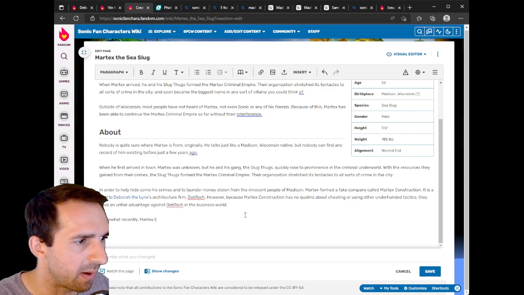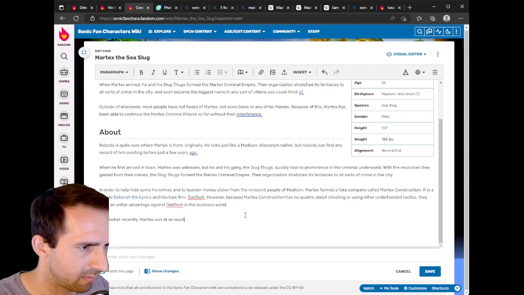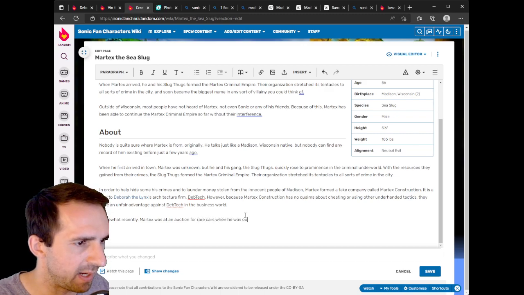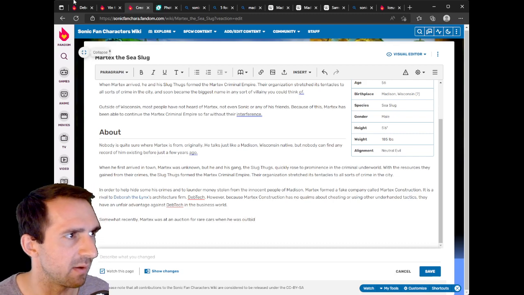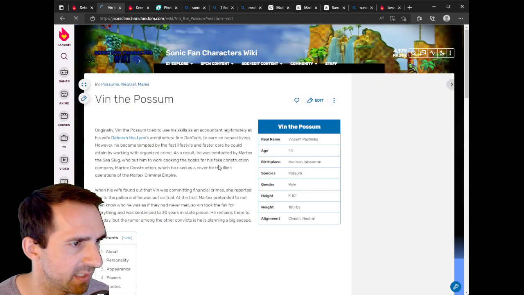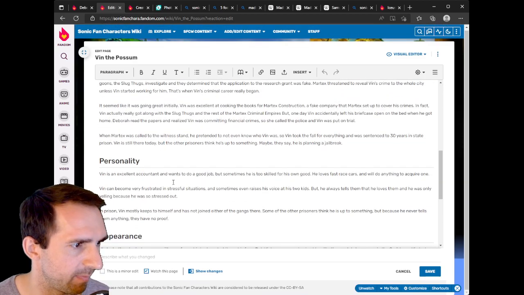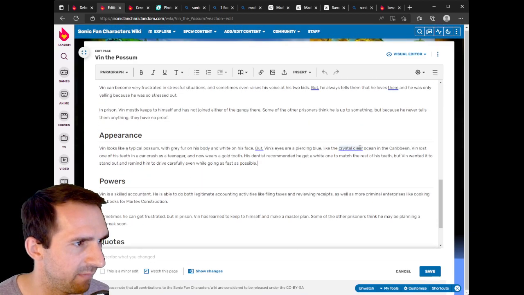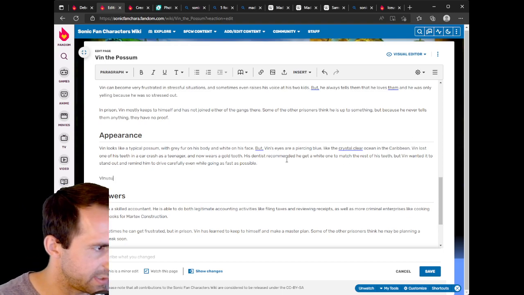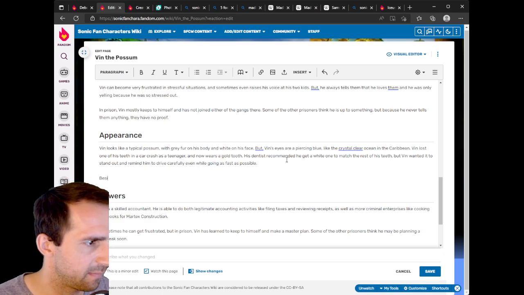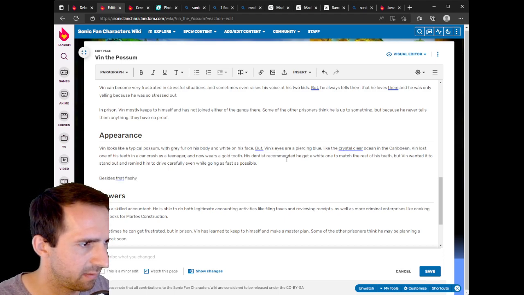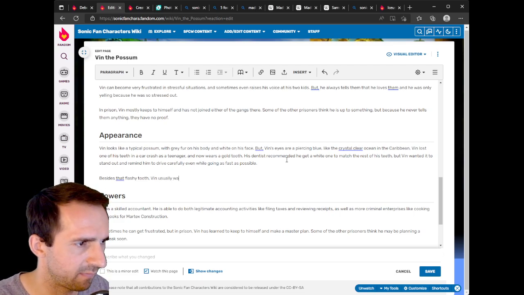Martex was at an auction for rare cars when he was outbid. Oh, we forgot to say that he wears plain clothes. Wait, we got to do Vin the Possum real quick. We just got to make a quick change and say in his appearance, Vin lost one of his teeth. Vin usually, besides that flashy tooth, wears